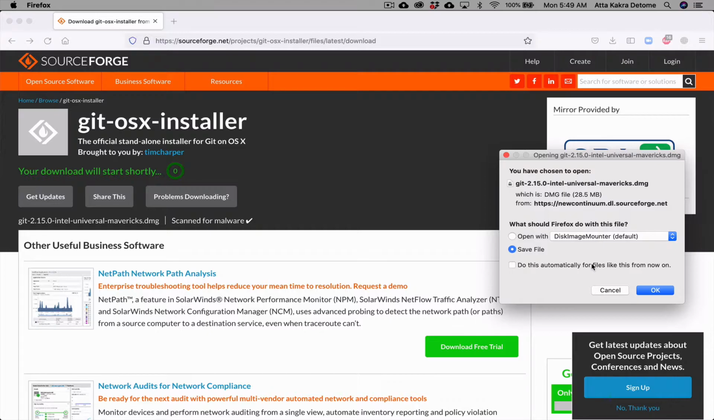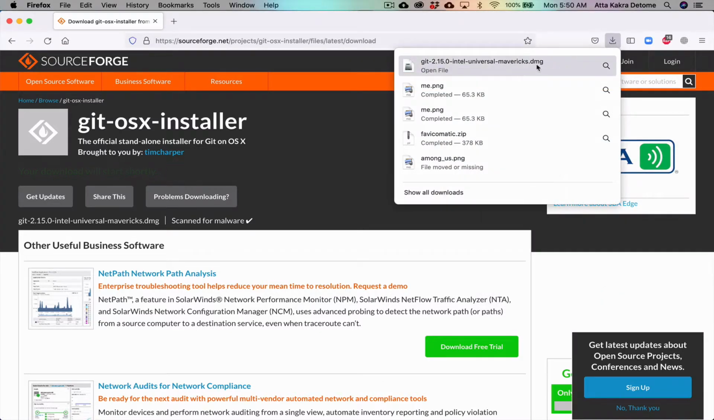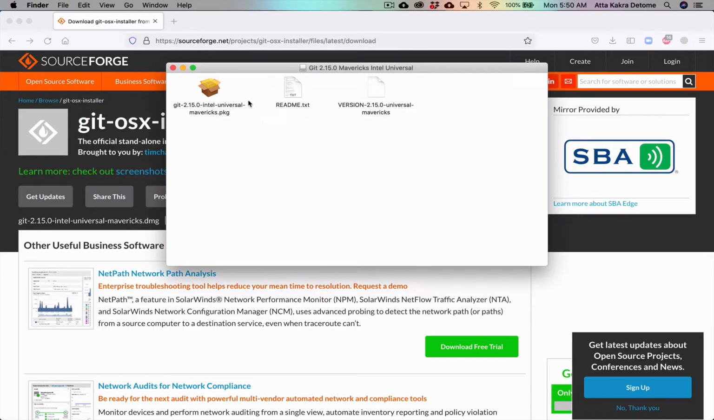Now I've already downloaded this, not installed it, just downloaded it, so I'm going to cancel this. It's right here, but definitely save it if you haven't. So here it is. Once you finish downloading it, this is what it's going to look like. I'm going to click on it, and it's going to open up this. When I double click the package